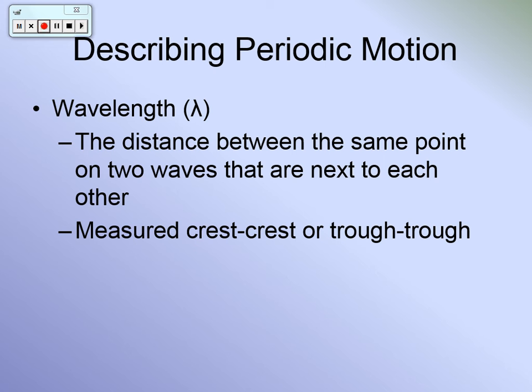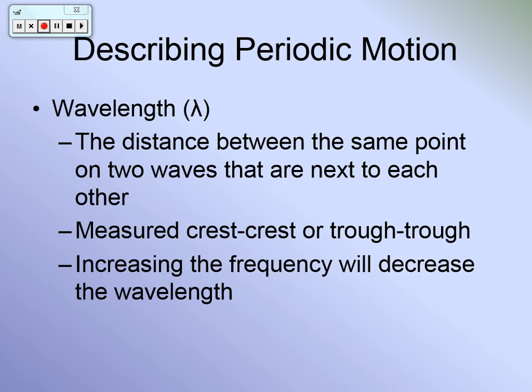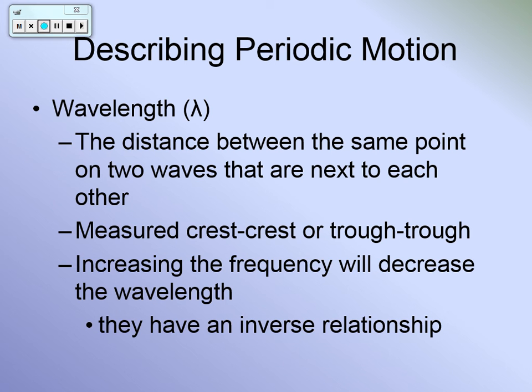We also talked about another type of inverse relationship already, right? What else did we say was inversely related? Frequency and period. Wavelength, oh, sorry, I should put that up. Right. Wavelength is the distance of one wave. What is the period? Time of how many waves? One wave, right? So period and wavelength are directly related. If we make the period longer, the distance to the next wave is a bigger distance, right? But they're both inversely related to frequency. Okay? Good there? All right.